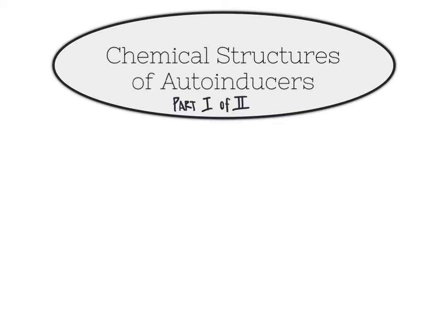So this video is part of a two-part series where we are going to be looking at, first, how do we go about isolating autoinducers? And secondly, once we have isolated an autoinducer, what are some of the chemical structures that are common amongst these types of molecules? Remember from the last video that autoinducers are the molecules that are involved in quorum sensing,